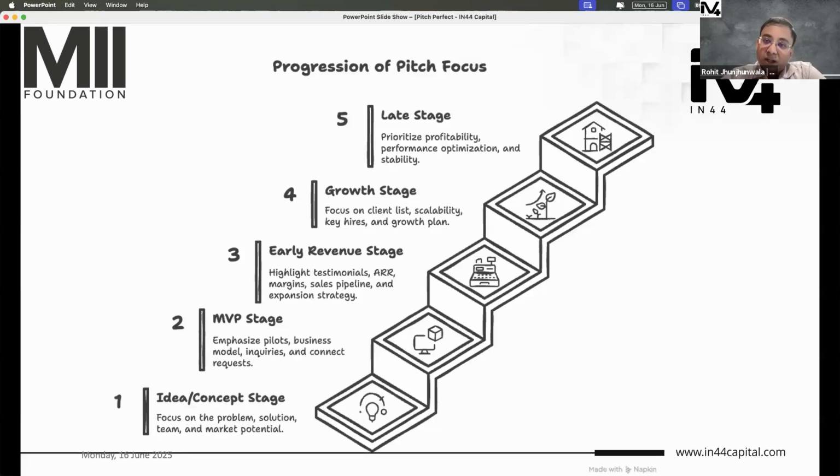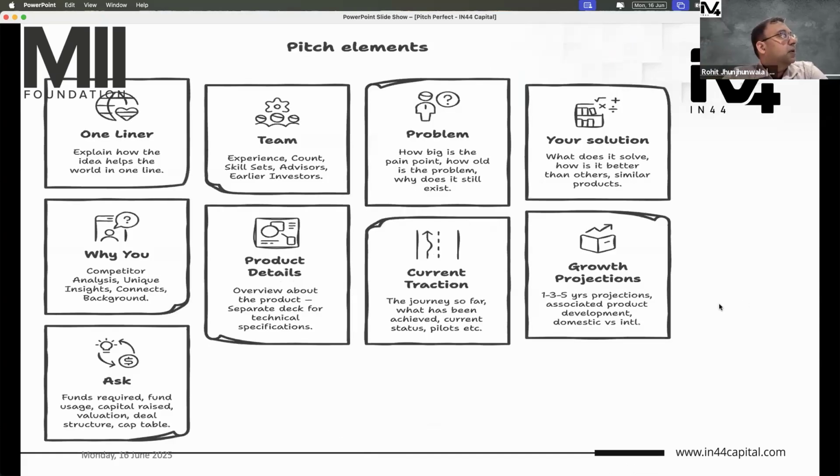So at level 1, you are telling a story. At level 5, you are selling your numbers, because the story has already been proved by the time you reach a growth stage or a late stage. Then it is all about scaling up numbers, growth, and everything. So your story doesn't matter as much as your numbers the more you go up the ladder. But initially, selling your story is the most difficult task the founder will have, and that is where you need to be really good about it, right?